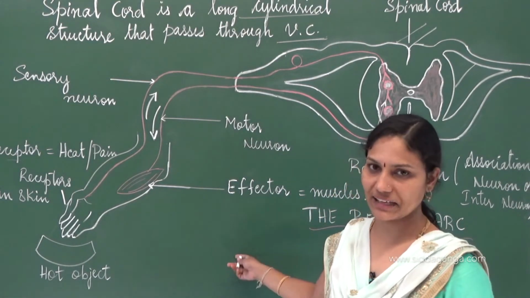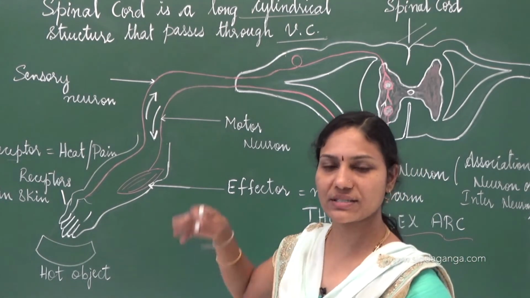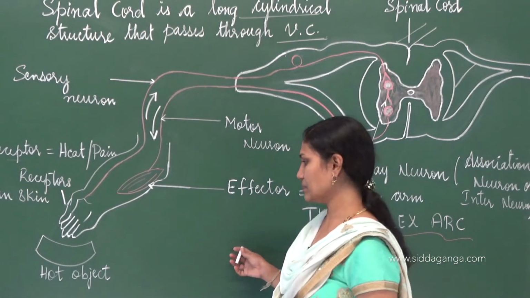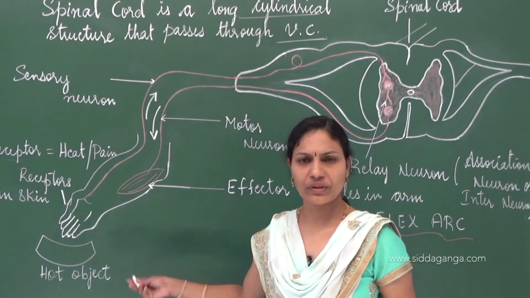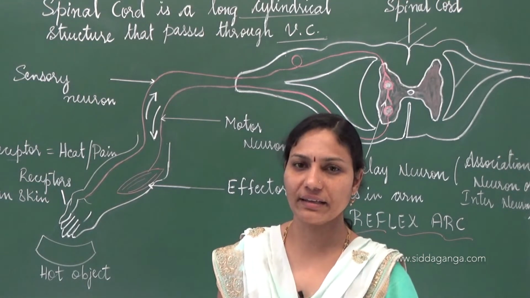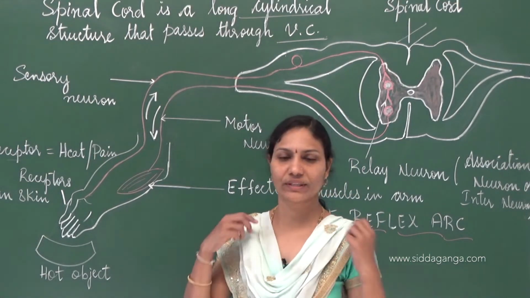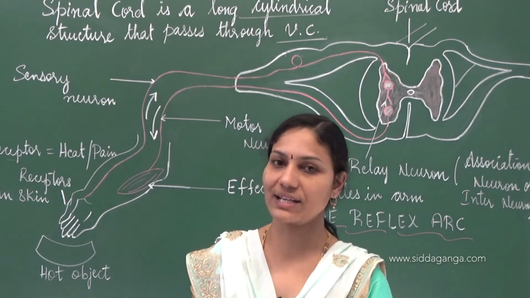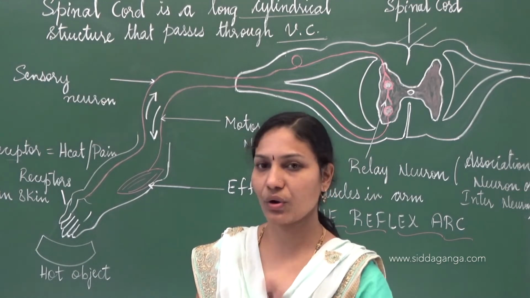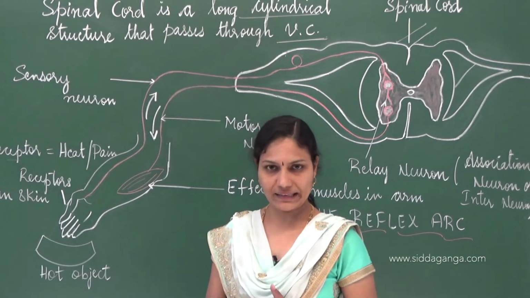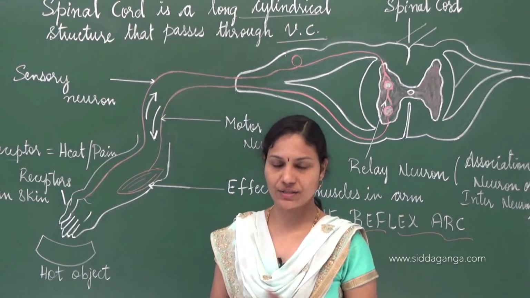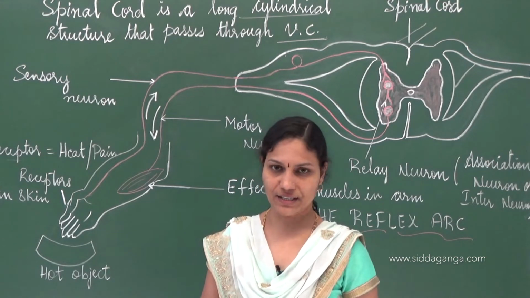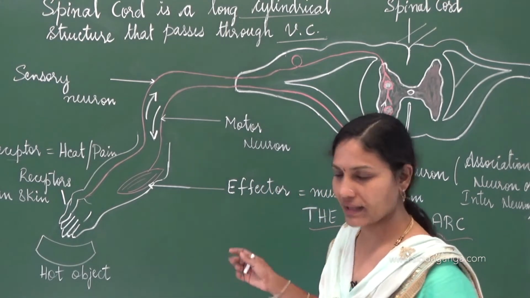Now with the help of a diagram, let's try to understand how these nerve impulses move. What happens in reflex actions? Here is an example of touching a hot object. When we touch a very hot object, immediately we take away our hands. Even without thinking about it for a moment, we immediately take away our hands to protect ourselves. Is it not? Touching a hot object will definitely cause pain, cause damage to our palms. So immediately we take away our hands to protect ourselves. Let's understand what is the pathway.